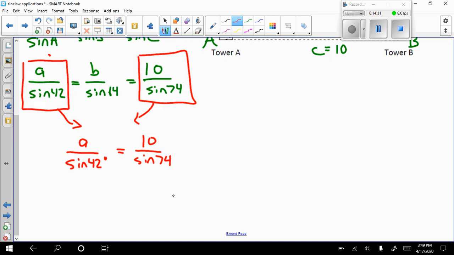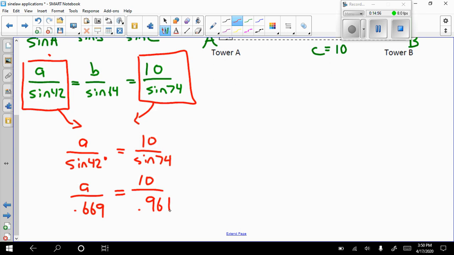Now let's get rid of that sine of 42 again. I think a lot of times it's nicer just to work with the decimal. So sine 42, so we've got A over 0.669. I just typed sine 42 into my calculator. And 10 over sine of 74 is